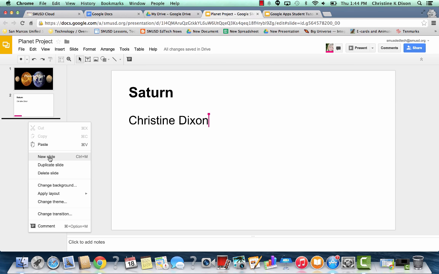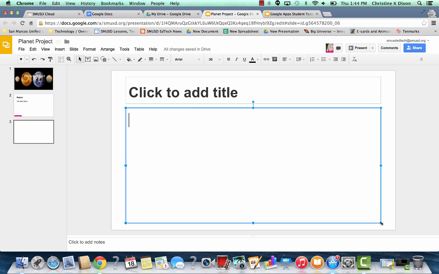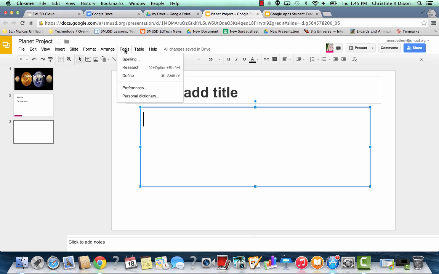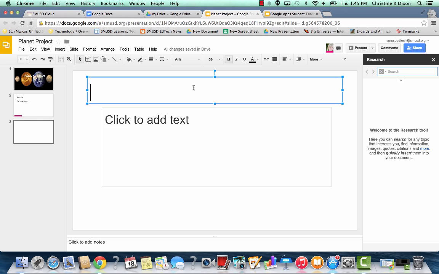I'm going to create a new slide here, so I'm going to right click and click on new slide, and I'm going to insert text here. I'm going to put my research here, but I need to actually grab some research. Just like in drawings and docs, you have your toolbar here and your research, and you can find information right in your project. So if I want to focus on this one, this is going to be my Mars. I'm going to center it here,